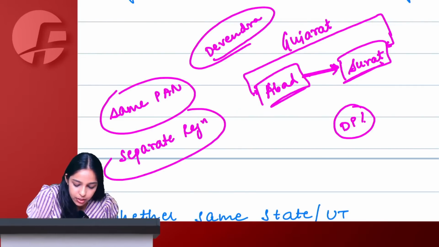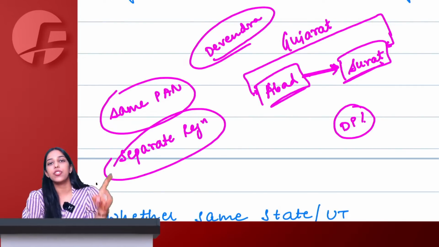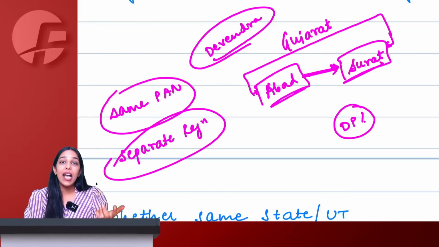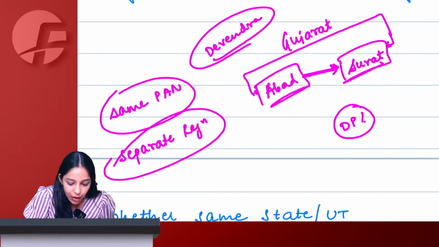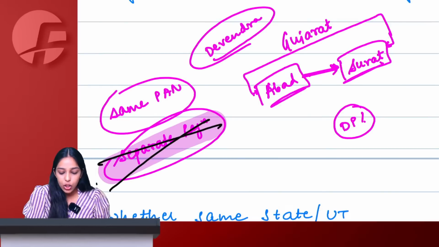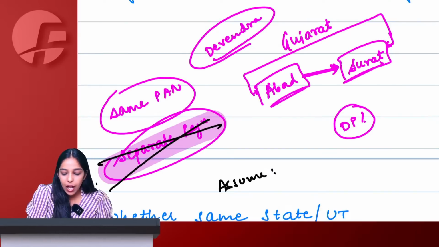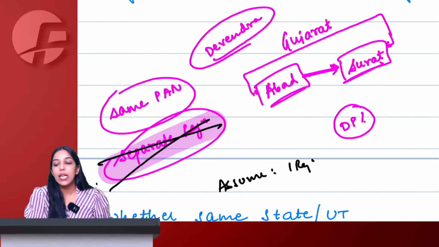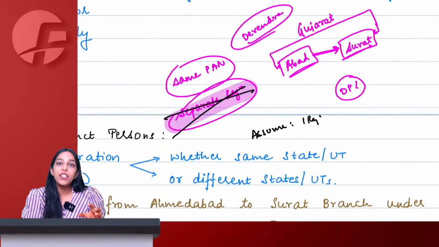No, because the person is required to take only one registration in one state, and therefore he can have multiple branches in a single state under a single registration only. Therefore, the condition of having separate registration is violated here. And if the question is silent, you will always assume that we have one registration in one state. If the question particularly mentions